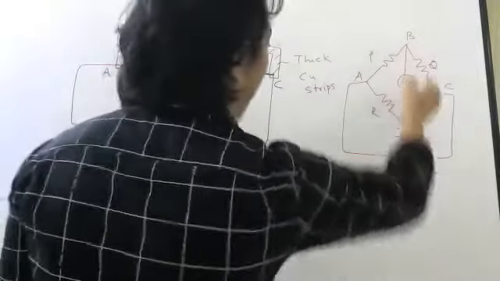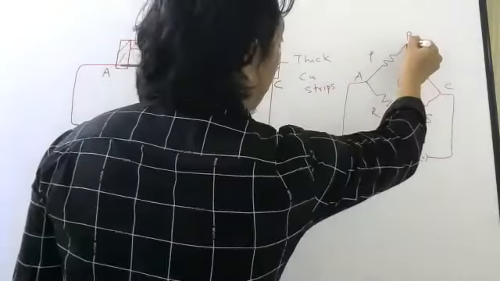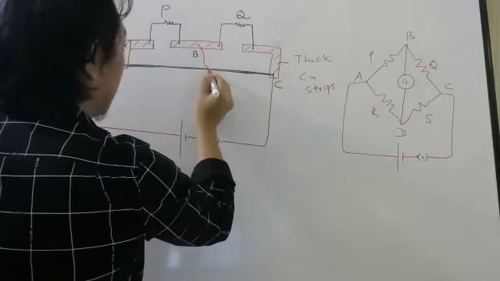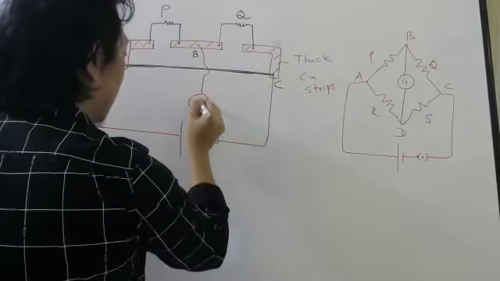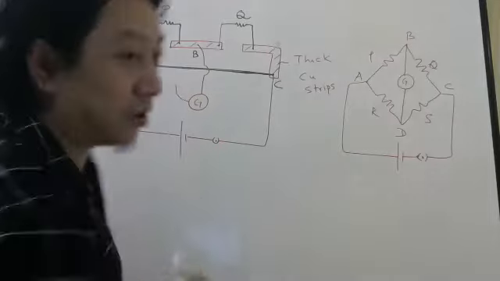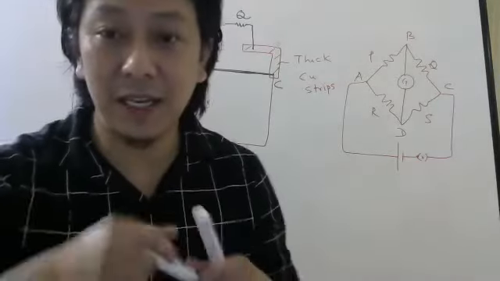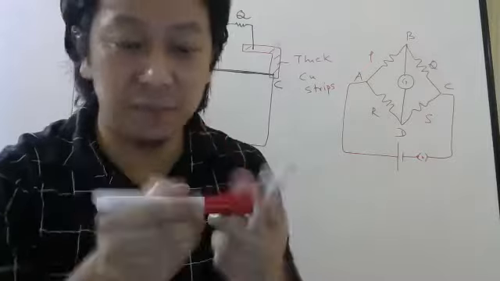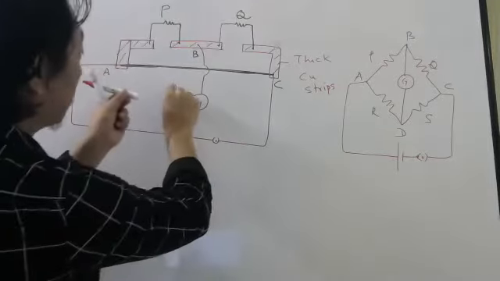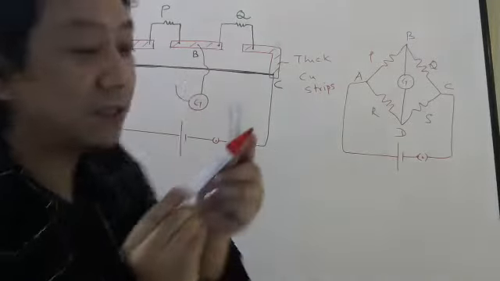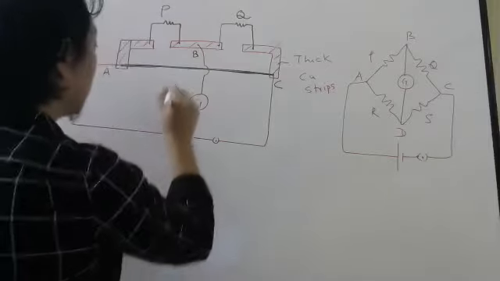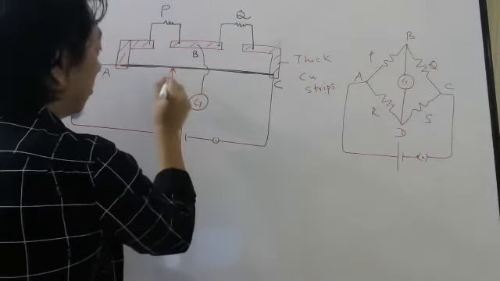Now, this galvanometer. So the galvanometer comes from B, remember. So there is one more screw here. This will be connected to a wire, and that wire will be connected to galvanometer. And the other end will be connected to something called jockey. Now, jockey is basically a needle-like object. It will look something like this, like a pen only. So it will have a screw here. You open the screw, you take this wire and you tie it here. Then this is a nip. So you can move the nip on the wire. That is called jockey. So we'll put an arrow mark here. So this is your jockey.